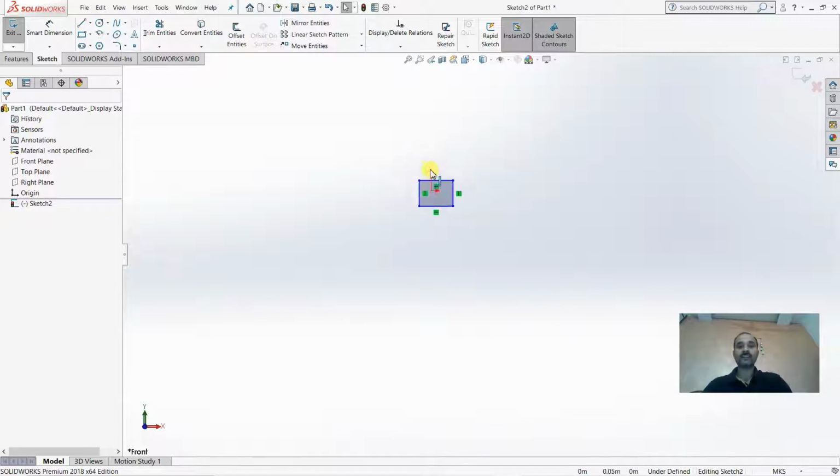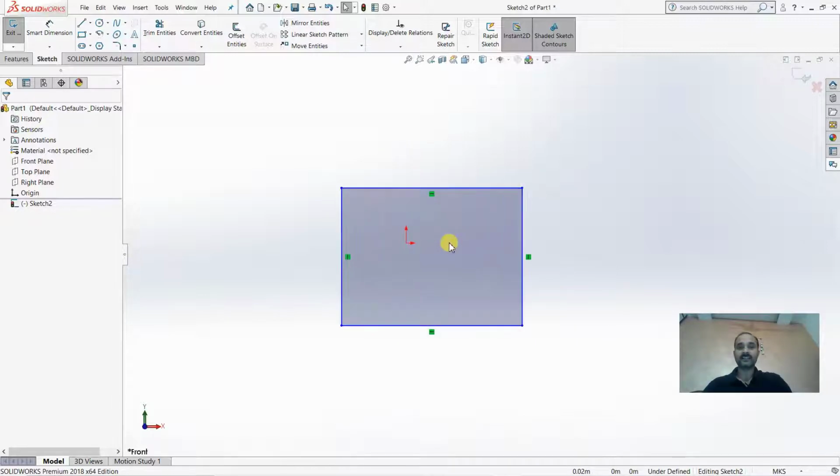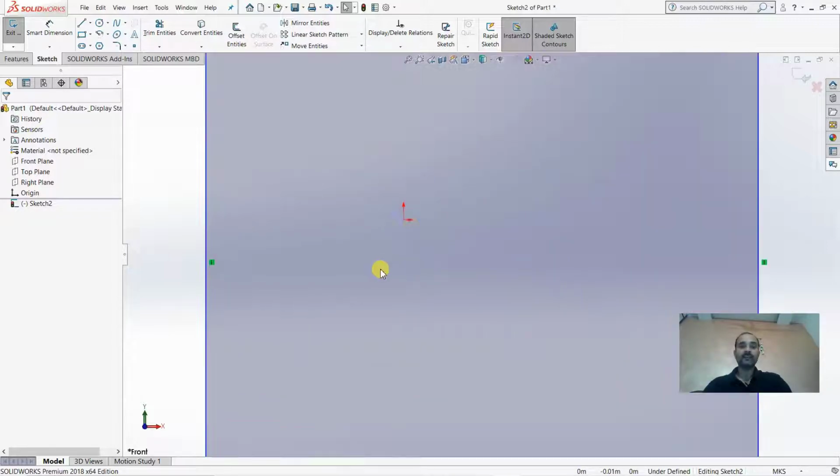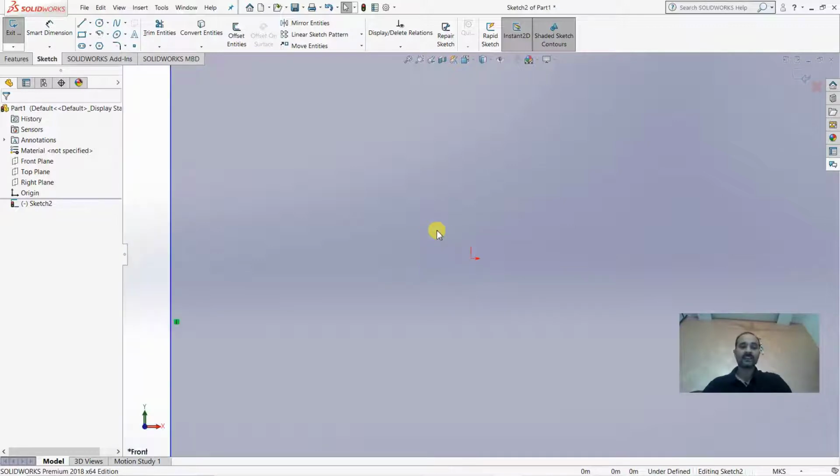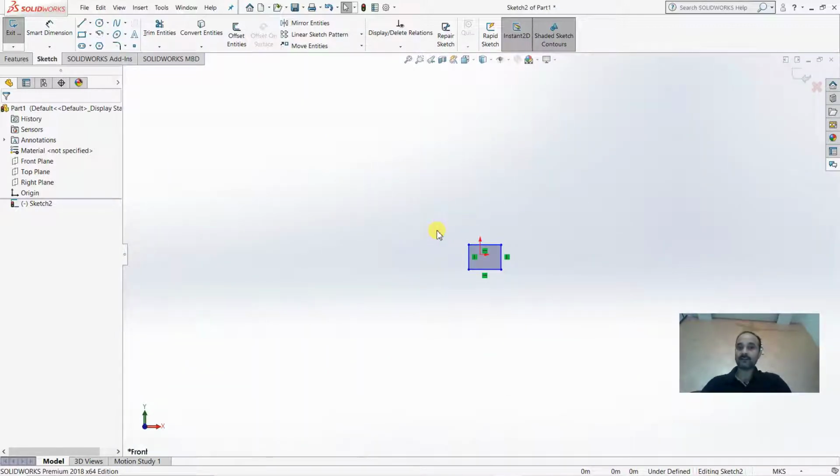There are several cases in which you will find that it is either zoomed very much, so the size is very large, or zoomed out by a very large amount, so your whole sketch will be seen like a point. It means you cannot identify whether it is your sketch or a point.